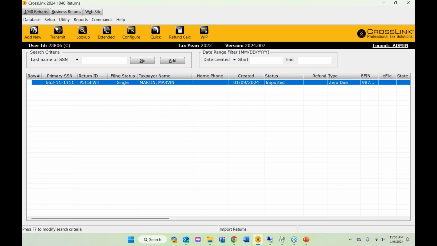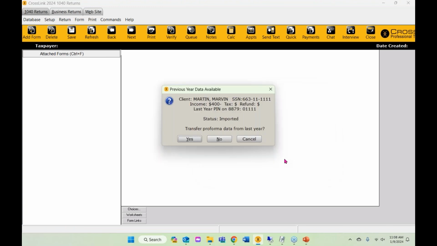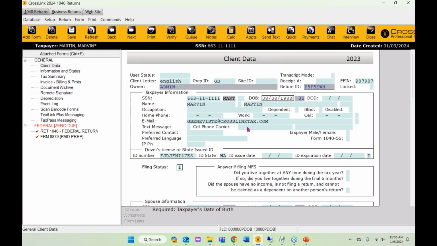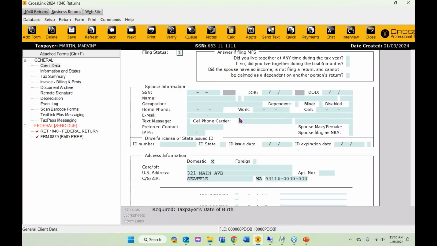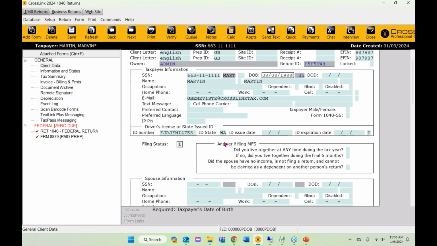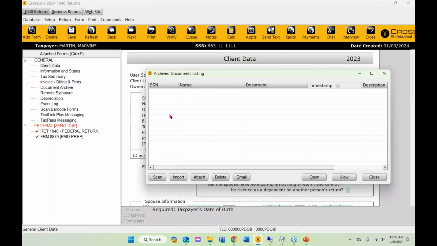it'll transfer the tax return to the software. And then now I can open this up, and in my case, it already exists. I'm going to skip it now so you can see what it looks like. But there you go. Here's the information that was processed, that was brought over from the TaxPass app. In my case, maybe not too much, but keep in mind that, just like the estimator, the more the taxpayer fills out on that app, on that website, the more information will transfer over into the return. And any documents that they may have attached to this tax return would also appear in this document